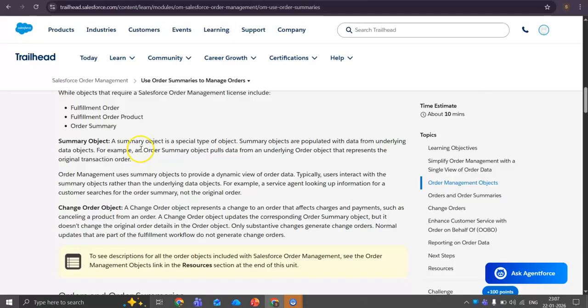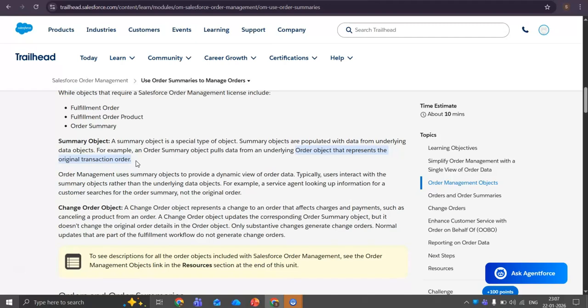For example, an order summary pulls the data. Order represents the original transaction order. So as a customer, I have placed an order and it came to OMS. At first, it will create an order record, and that one we will call the original transaction order.